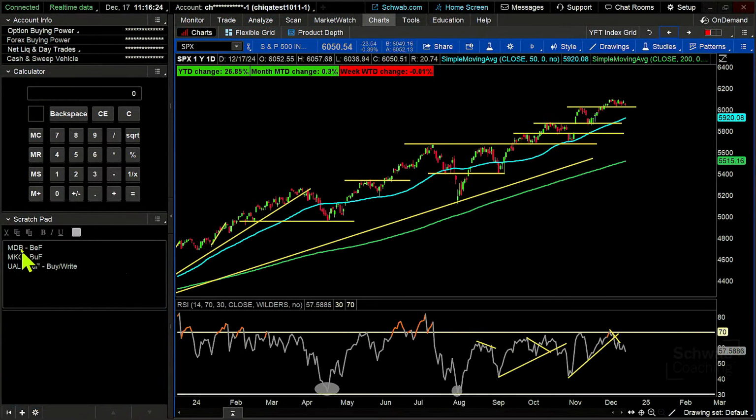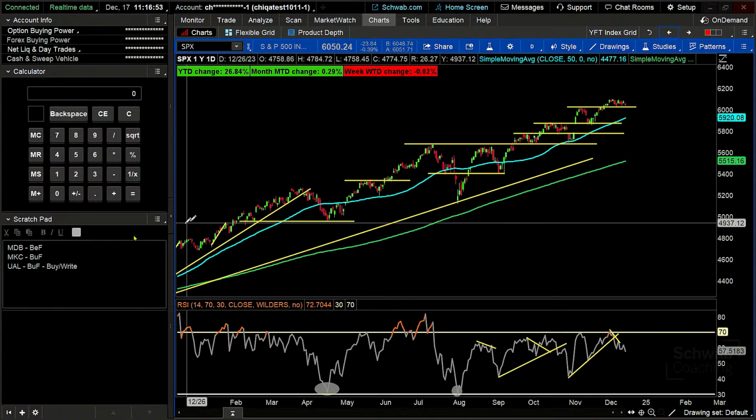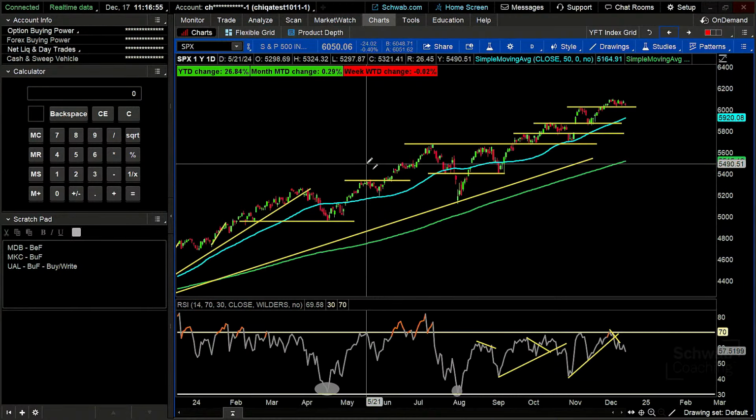And this is that bear flag, and this is MongoDB. It is in the small caps. Small caps, if you remember when they reconstituted the Russell 2000 as they do every June, added about 13% more technology stocks because of the composition of the market overall. MongoDB, one of those technology stocks that got wrapped up into the small caps at that point, into the Russell 2000 index, and now perhaps giving us a little bit of a bear flag.